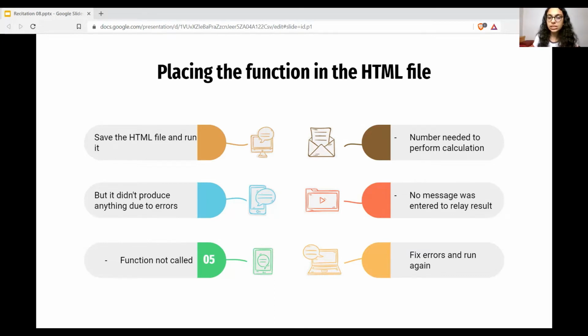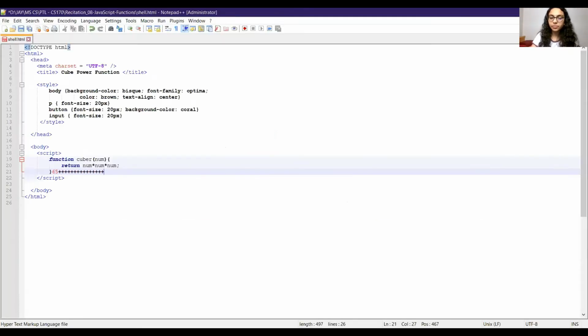So the fixes for these are as follows. First, you have to declare a number, which will be done by writing